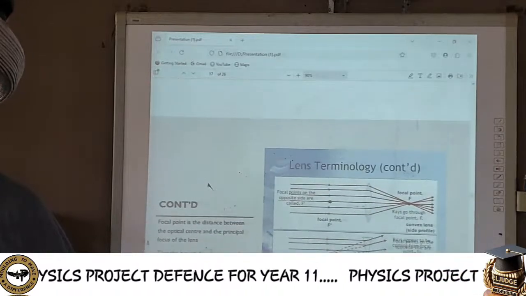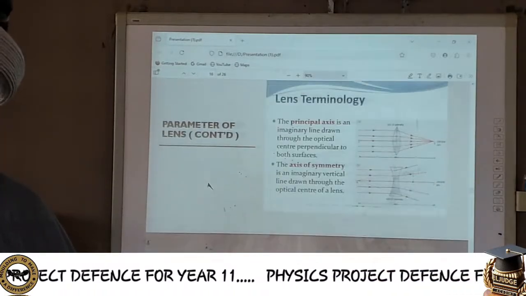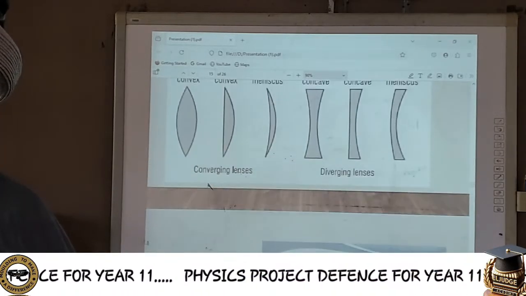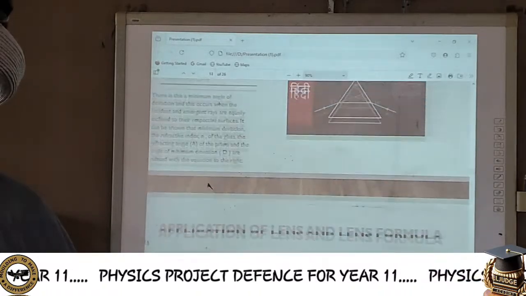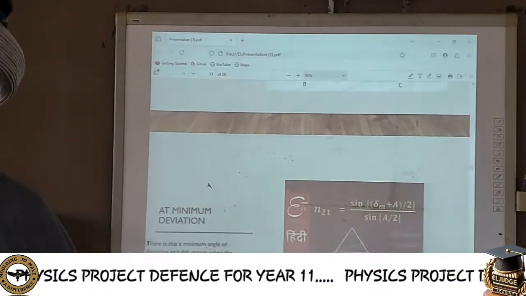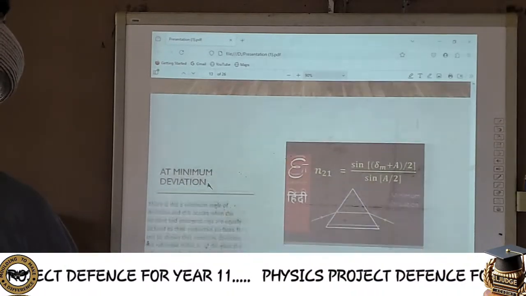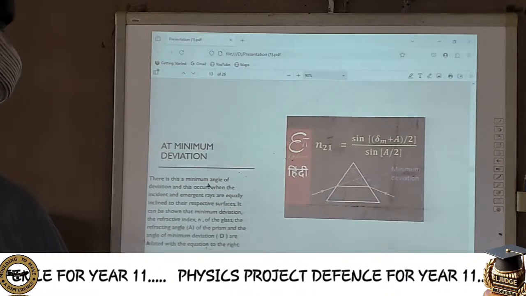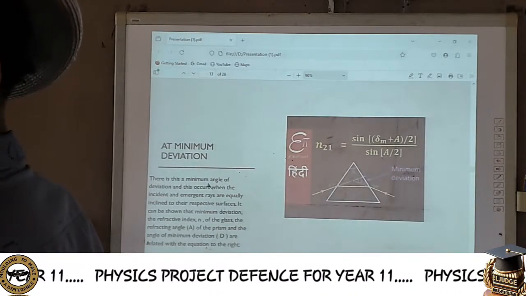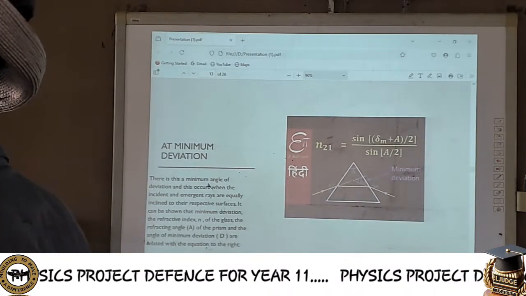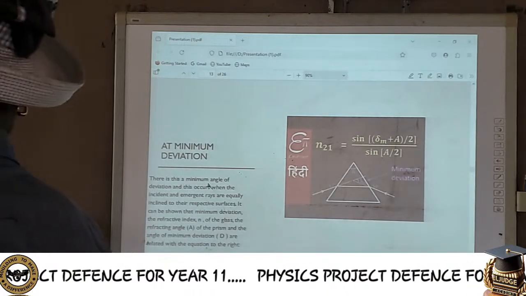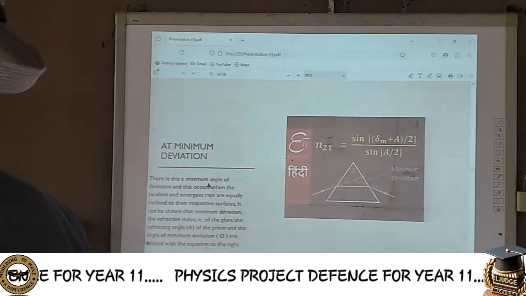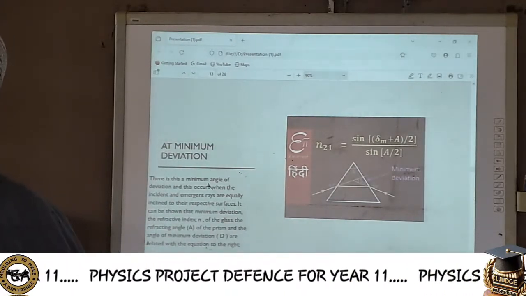Move on to where you have the refraction. Can you wait? Did you see that equation there? Can you see the glass block? You didn't explain that. You just scanned through, and that was the triangular glass block I was talking about,